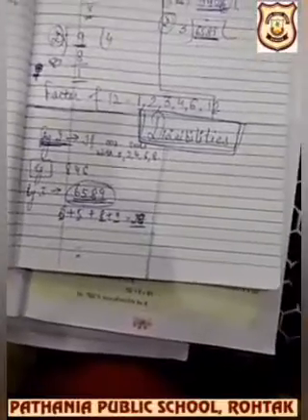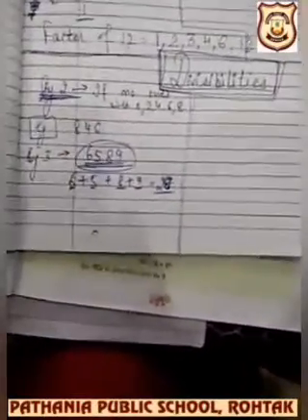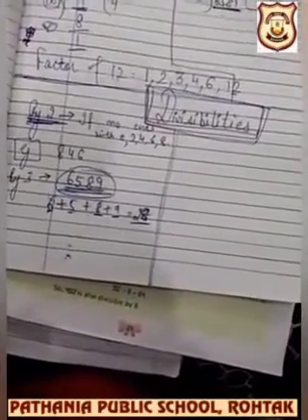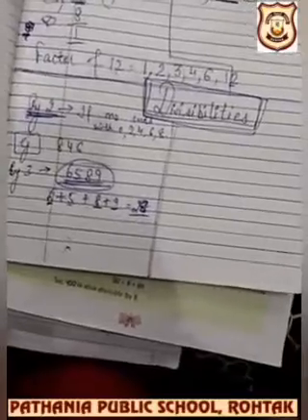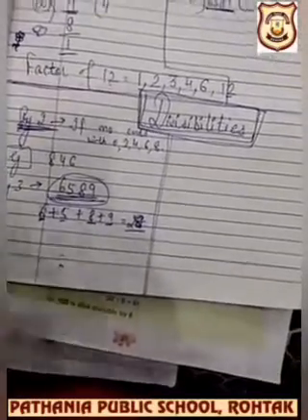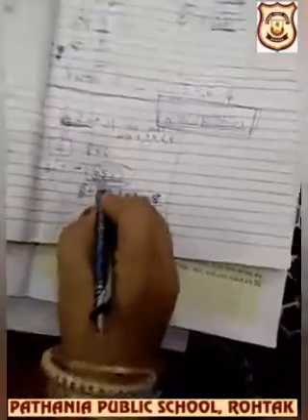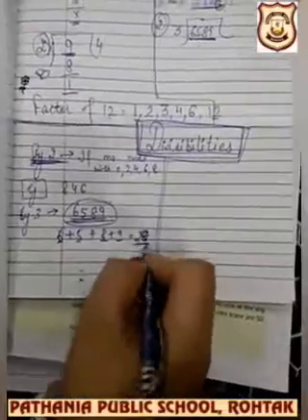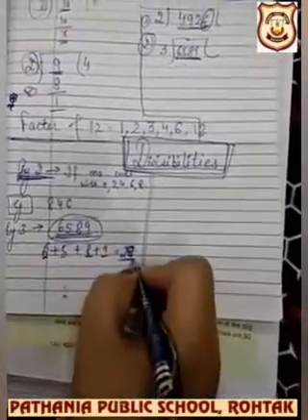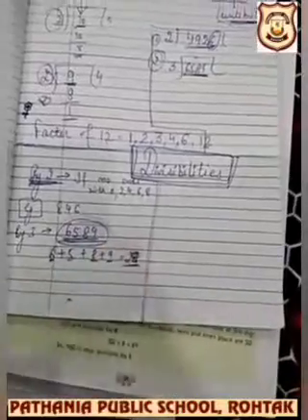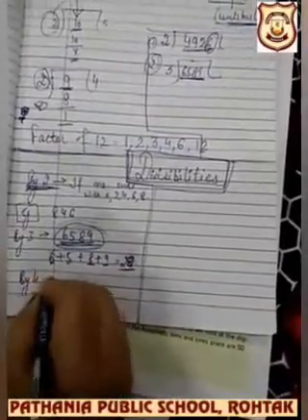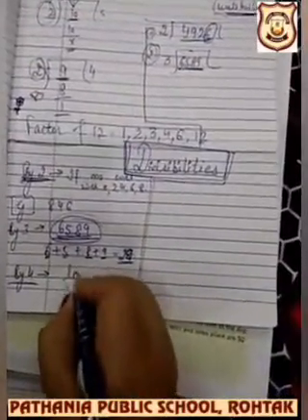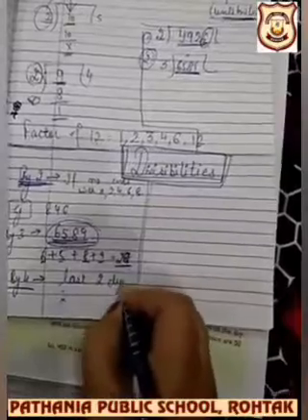I am repeating divisibility of 3. If the sum of all digits is divisible by 3, or you can say a multiple of 3, then the number is divisible by 3. For example, 6589. Add all the digits. Here the sum is 28. 28 is not divisible by 3. So this complete number is not divisible by 3. Now divisibility of 4. To check the divisibility of 4, we will check the last two digits.